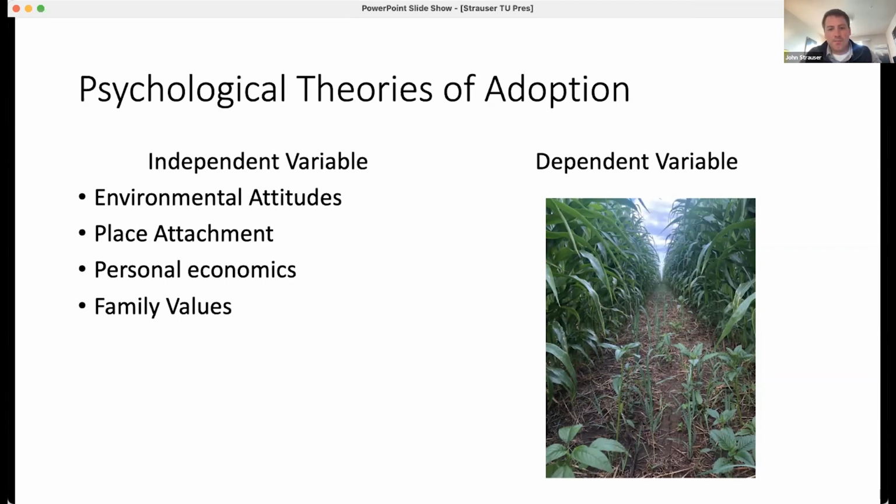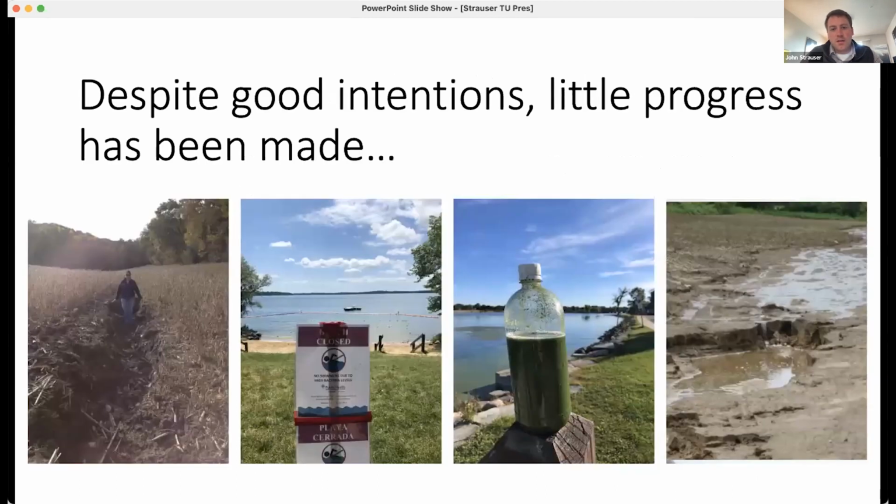And there's intermittent instances where that does pencil out, and there's studies that do, it's just inconsistent on what we're finding. And so despite good intentions, little progress has been made. And so I think one thing that is getting pointed to a lot in literature that I think we should be considering when we think about outreach is context. So yeah, it's one thing if someone wants to do the right thing, but are they in a context? Are they in a situation where society or our markets or our technical support supports someone to do what they